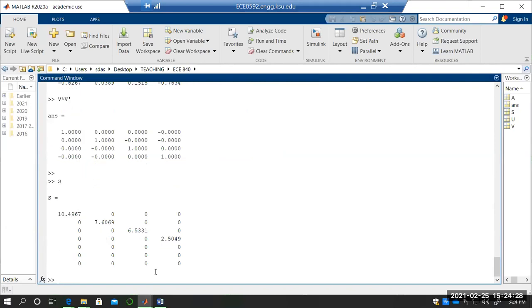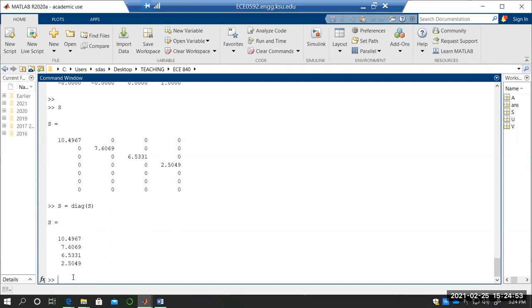what is S? So S is the diagonal matrix formed out of the singular values of A. Okay, now let me just replace S with diag S. So I just take the diagonal elements. So these are my singular values. Now, let me do